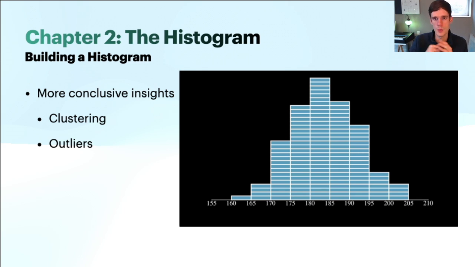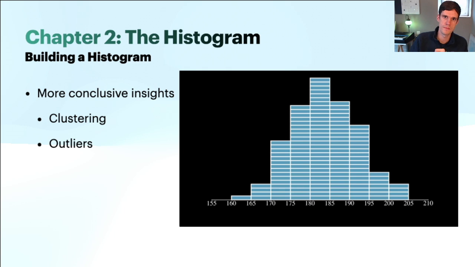For instance, in our example, the bin from 180 to 185 clearly has the most data points assigned to it. And if we go to larger values or lower values, we see that the histogram tapers off roughly symmetrically. Now we can also look at outliers. For instance, the bin from 160 to 165 only has one data point assigned to it. And these are all qualitative properties of the data distribution that we can abstract by simply looking at the shape